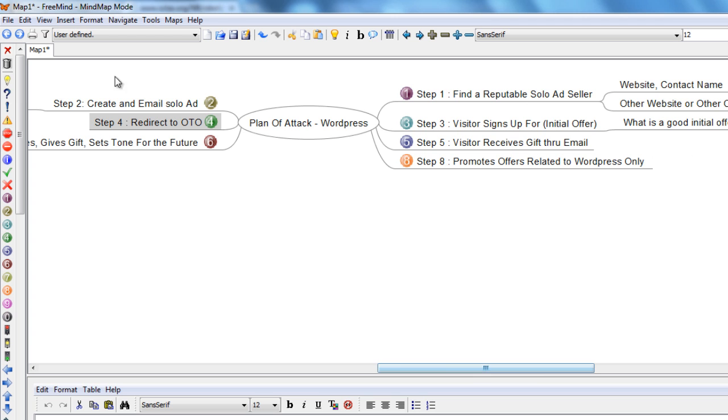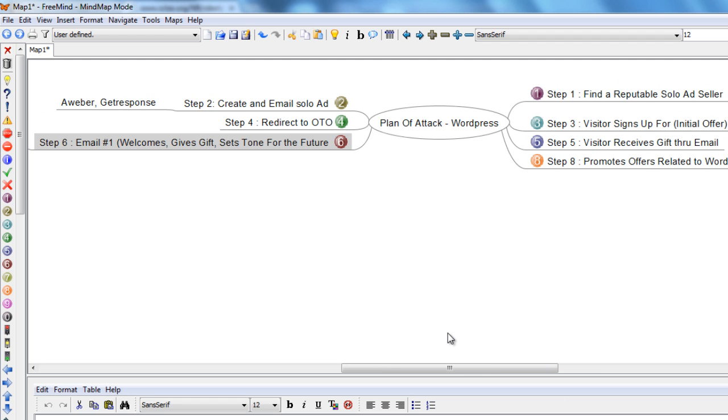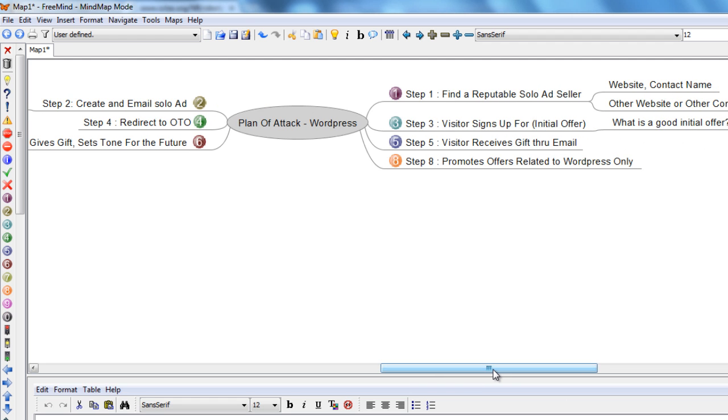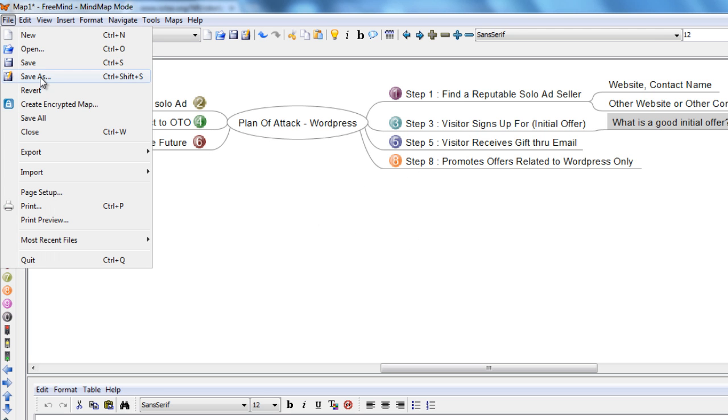And of course you can include details about what your initial one-time offer is and so forth. And another thing that you can do to help you easily get this done next time, if you do it once, you do it over and over again, is to create a template like this. Don't fill in the details just yet, but create a template, and of course save it as a file,